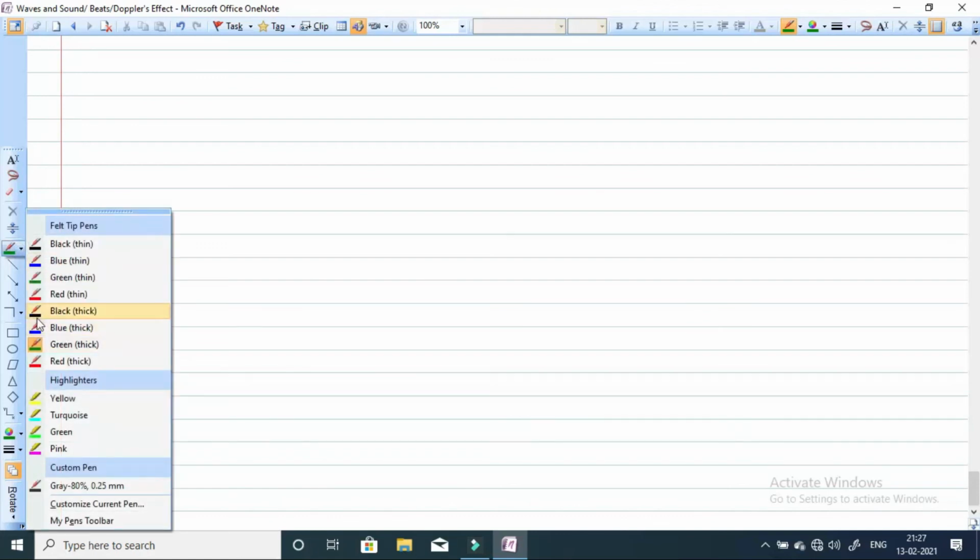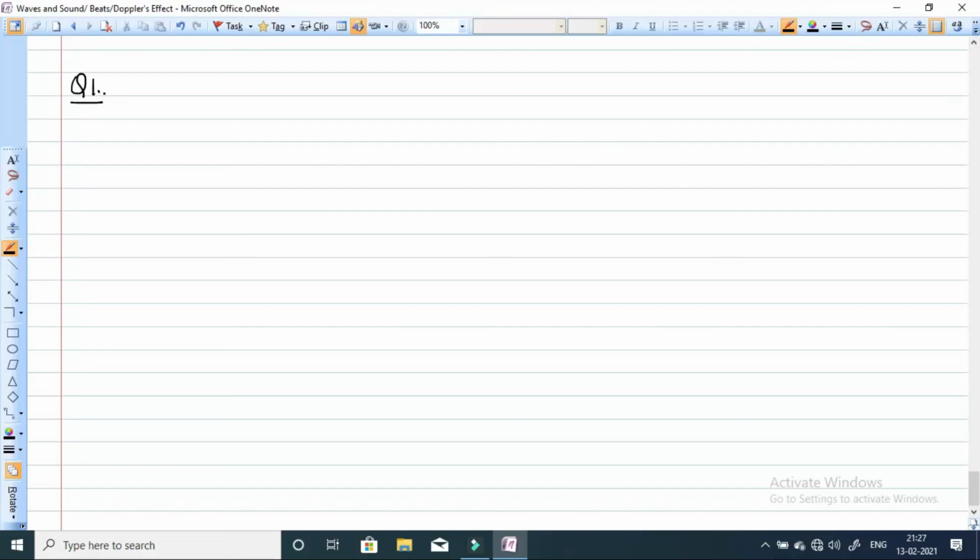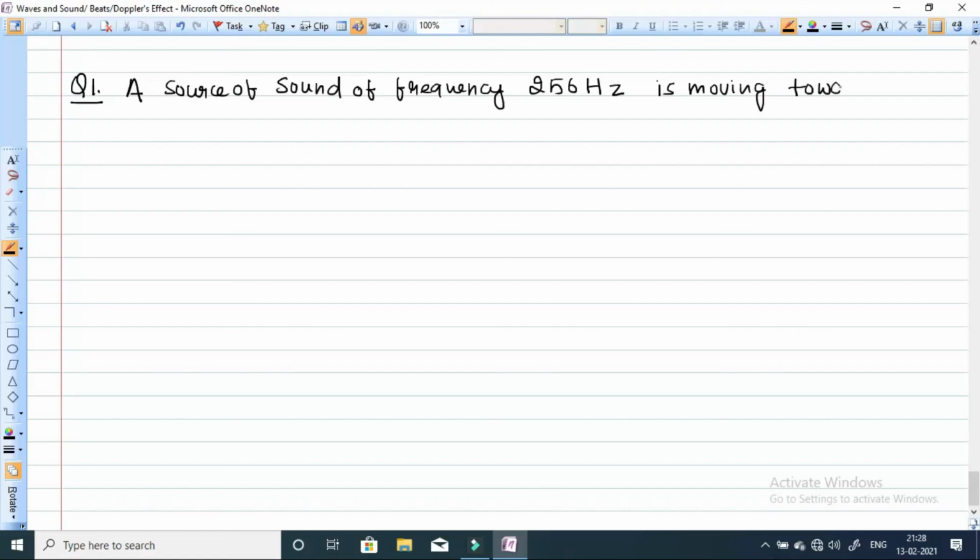So the problem is, a source of sound of frequency 256 Hz is moving towards a wall with a velocity of 5 meter per second. How many